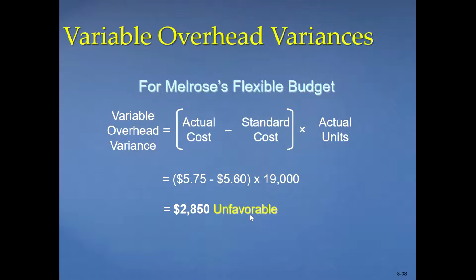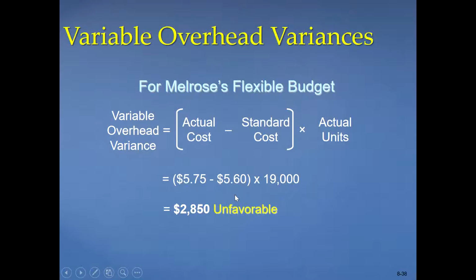Similarly, we can calculate an overhead variance, which is actual cost minus standard cost times actual units. To calculate a variable overhead variance is straightforward. Actual cost minus standard cost, right? This is given in the questions as well. And then you can calculate who is responsible, and here we can see that it is unfavorable 2850 in the question. It will be given. So actual cost is 5.75 minus